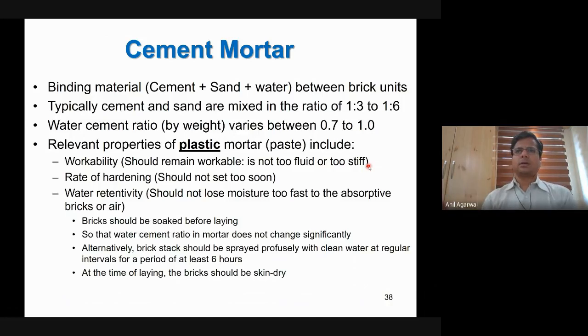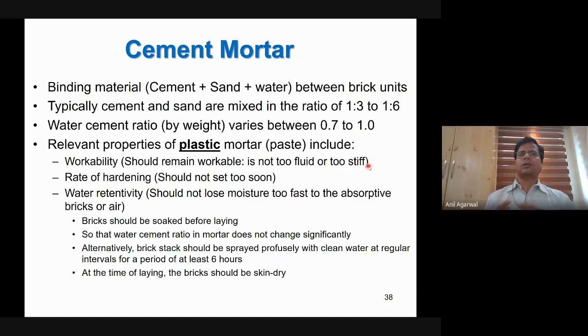So when we take some amount of mortar and we put it on a brick and then we spread it, right? Then it should be able to maintain that uniform thickness, let's say 10 mm or 12 mm thickness, throughout, and it should be able to cover and fill all the small undulations on the brick. For example, the brick surface is not perfectly smooth, right? The brick surface is made of small undulations, and mortar should be able to get into those small gaps and fill them so that it develops a bond. So for that, the mortar should be more flowy. It should not be more stiff.